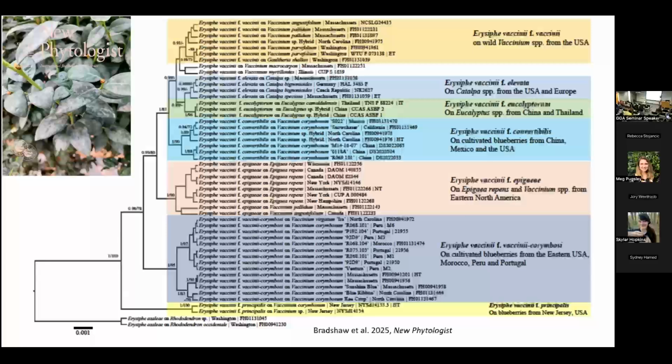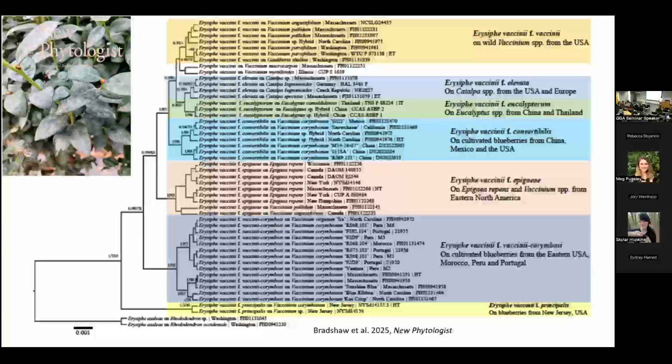And we found this all throughout the USA. Here, this is on Catalpa. These are big trees. We have them around here. This is powdery mildew on eucalyptus. And then we have here more on wild Vaccinium. But the part I'm trying to point out is that we have 2 separate clades where we have powdery mildew on blueberries. So we have these 2 different forms of powdery mildew that are spreading throughout the world,